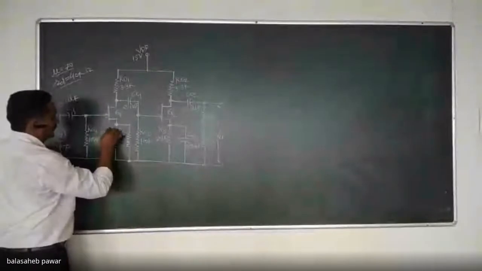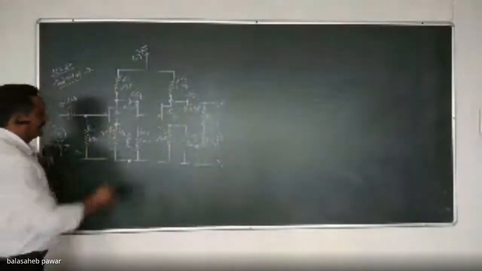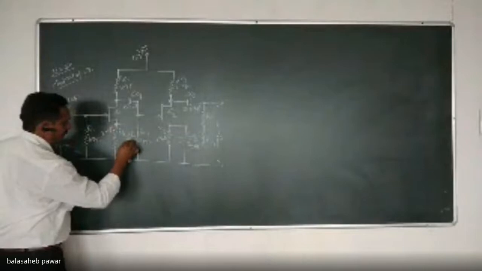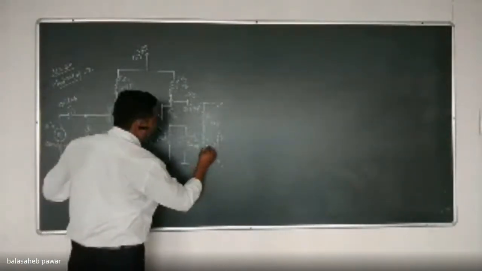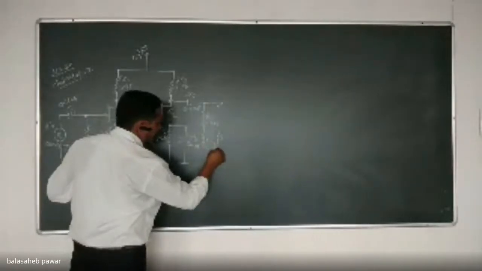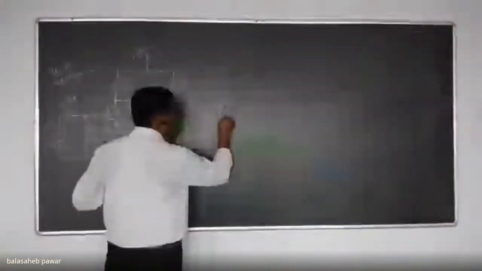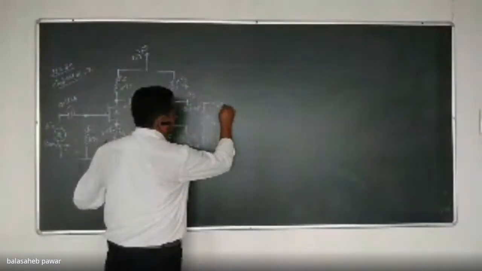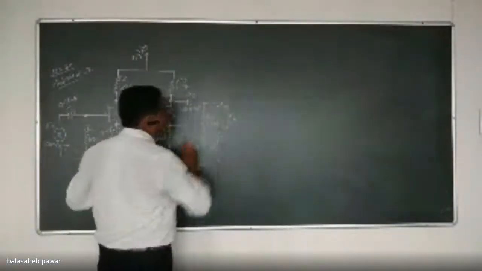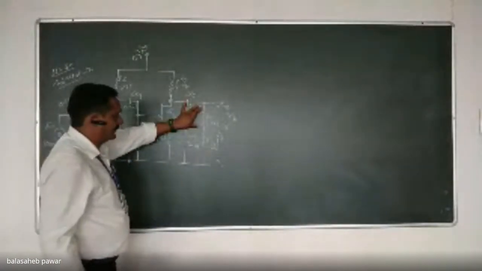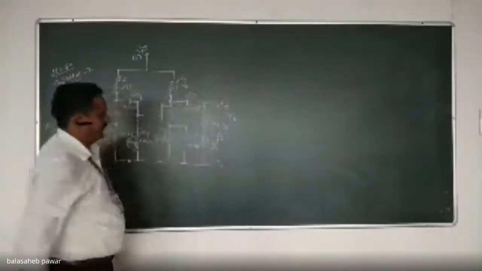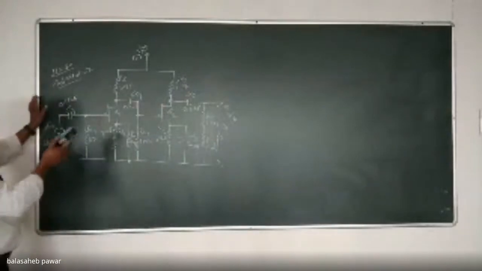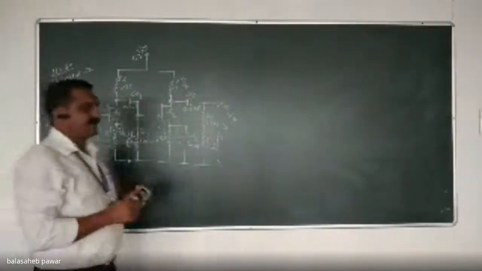This is 2.2K. And this one is RF, which is 1 mega. RS1 is 2.2K. The drop across RF is nothing but XF, that is the feedback signal. The drop is across this RF only, the feedback resistor only. And the total output voltage will now be across this RF and RS1. So this is the output and input circuits for the given amplifier.